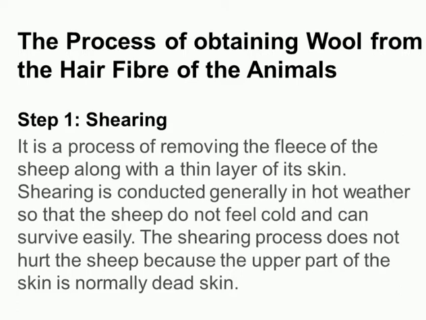So, what is the meaning of shearing? The process of removing the hair of the sheep. They do it with a trimmer. Have you seen a beard trimmer? Maybe in your family, your father must be using it. So they have these large trimmers. With the help of these trimmers, they remove the fleece of the sheep.